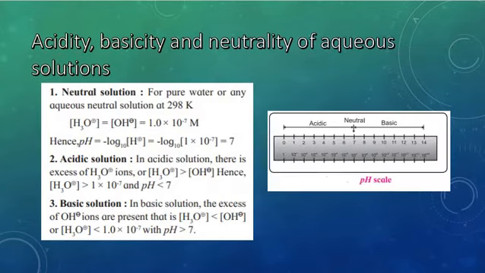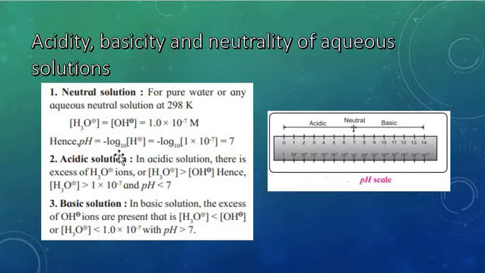Now, acidity, basicity and neutrality of aqueous solution. Neutral solution: if we have a neutral solution like pure distilled water, here we will see the concentration of hydronium ion is equal to the concentration of hydroxyl ion, which is also equal to 1 multiplied by 10 raised to minus 7 molar. So if we put this value of hydronium ion concentration in the formula,